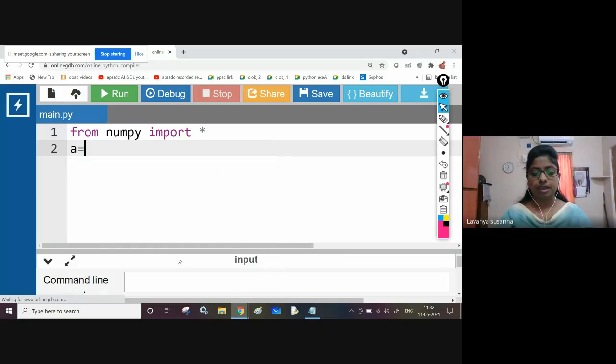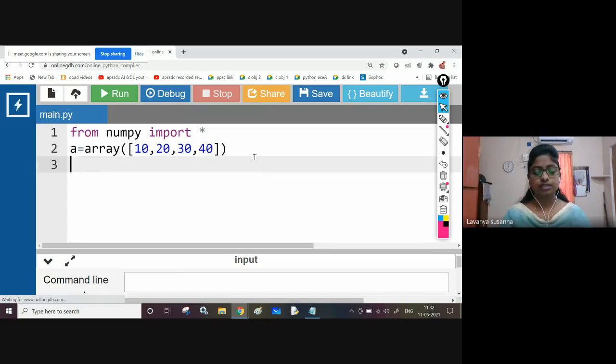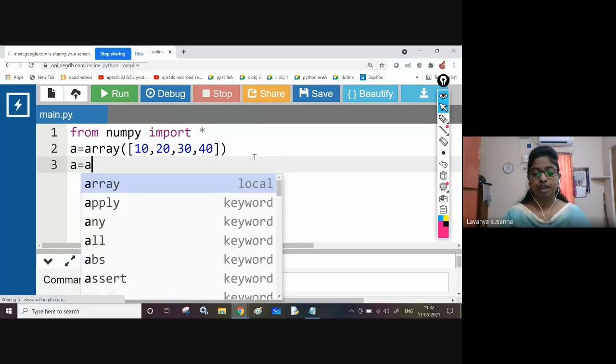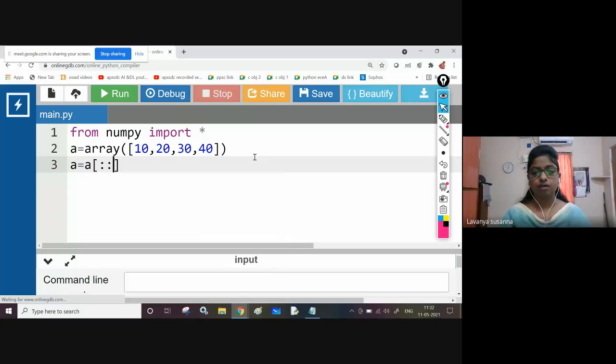A equal to array. You are creating an array using the array object, and I am giving the values 10, 20, 30, 40. Now what we need to do? You need to reverse the array. A equal to A of colon colon -1, and now print the array.